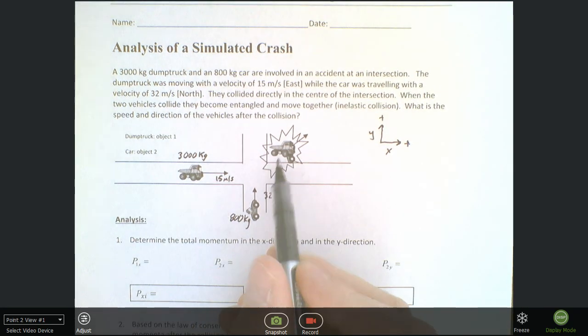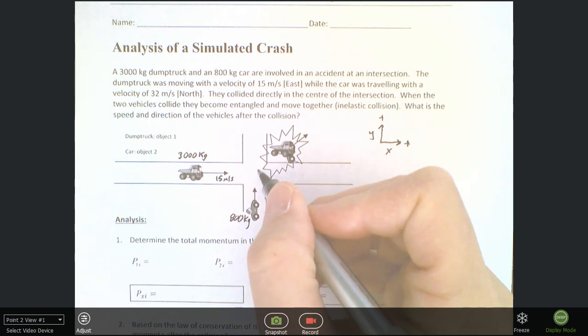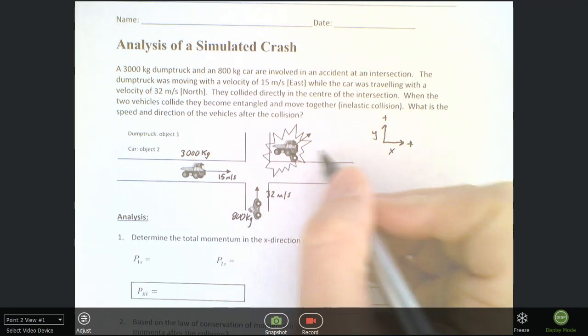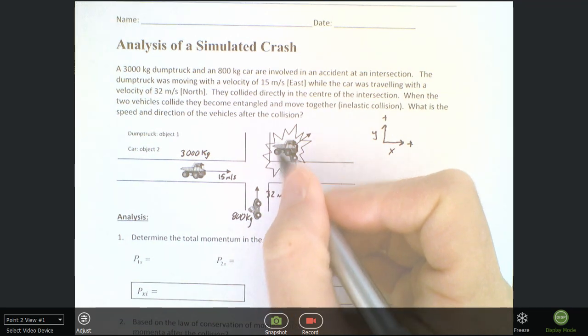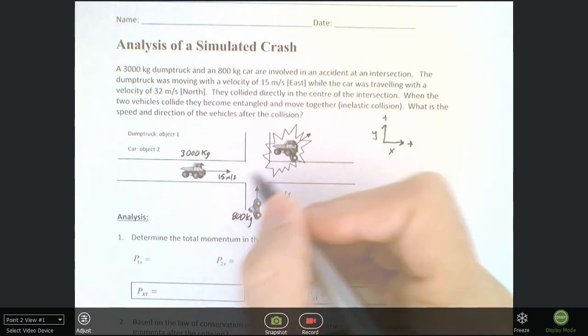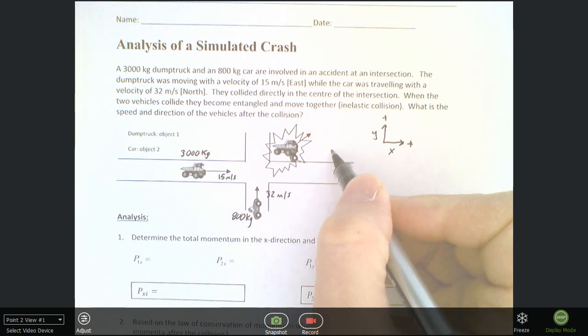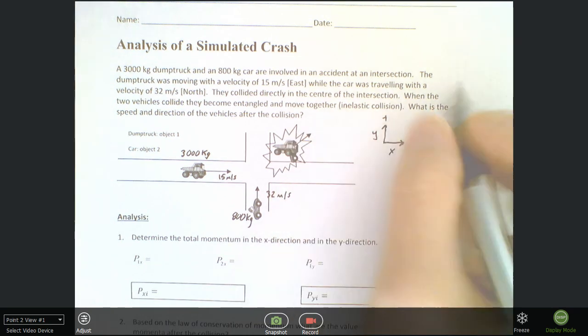That means that when these two hit, they're most likely going to go at a more shallow angle, right? They're not going to be going off in this direction. That makes sense. The one that's carrying the more momentum will be the most of the direction of that momentum that's carried on. So it says here that